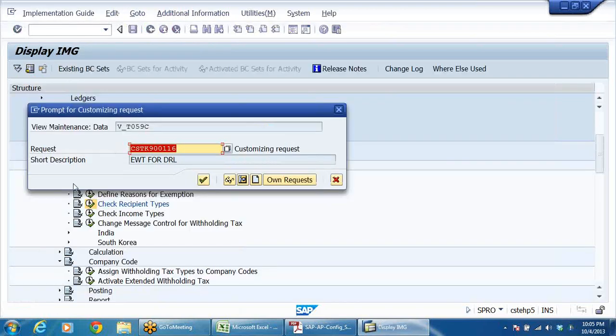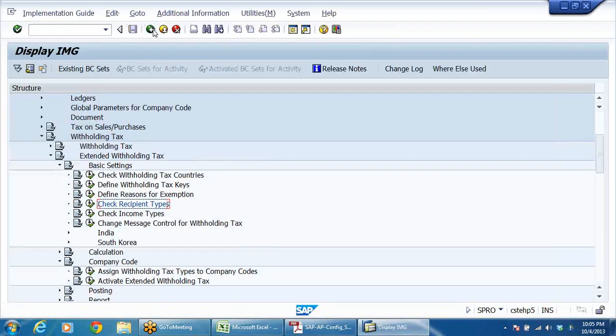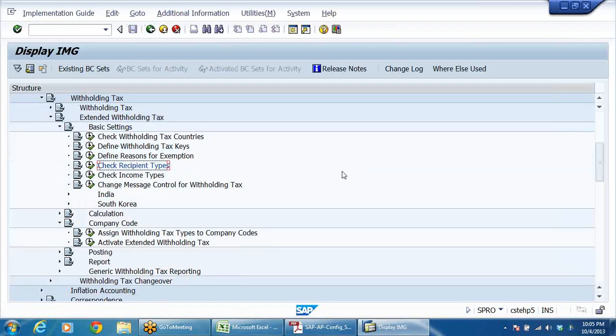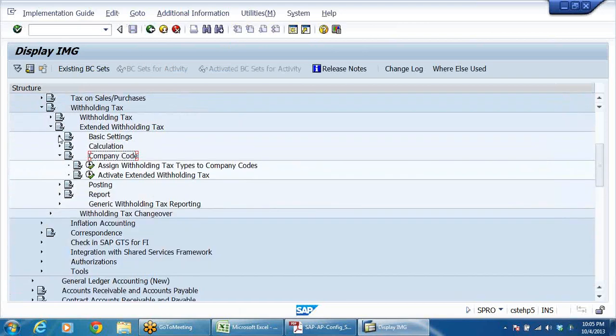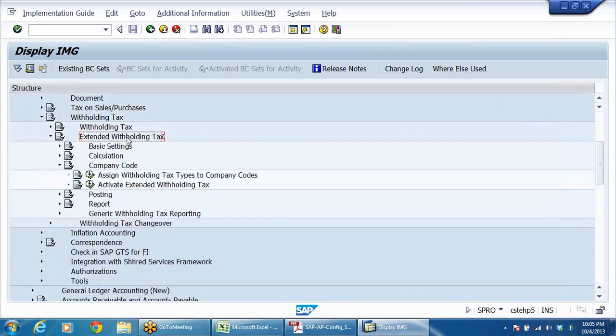For each type of tax you need to define like this, both, because this W1 may be defined for company and even other than company also. Right. Extended withholding tax, company code. Assign withholding tax types to company code. Now whatever type of tax that we are going to define, that should be assigned to